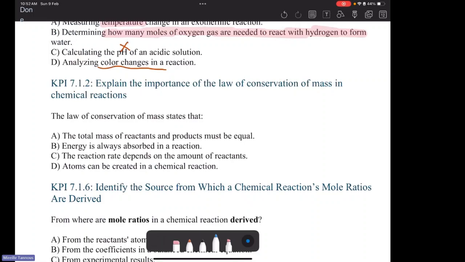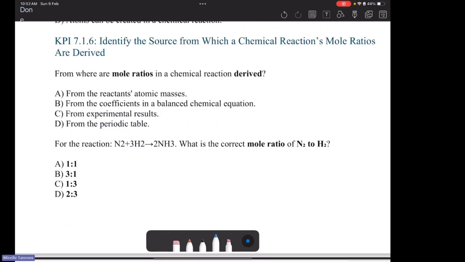Be careful with this definition. The law of conservation of mass. Conservation means mass is saved. It's the same. So the mass of reactants should and always be equal to the mass of the products. Next,